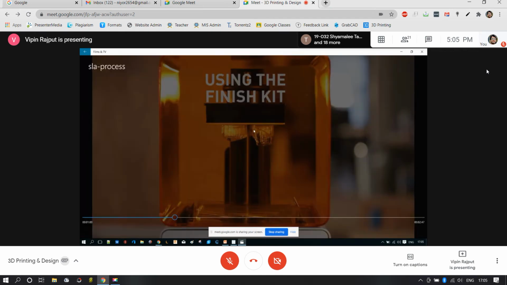Okay. So hereby, the preliminary process will be the same as what we follow in FDM printing, SLA printing, SLS, or any kind of technology. The first and foremost thing you need to do is conceptualize a particular thing, create a model. That means we need a 3D file in order to start the process. As soon as you have the 3D file prepared in any of the CAD softwares, you can import that CAD file, STL file, into the slicing engine of the process or the mechanism.